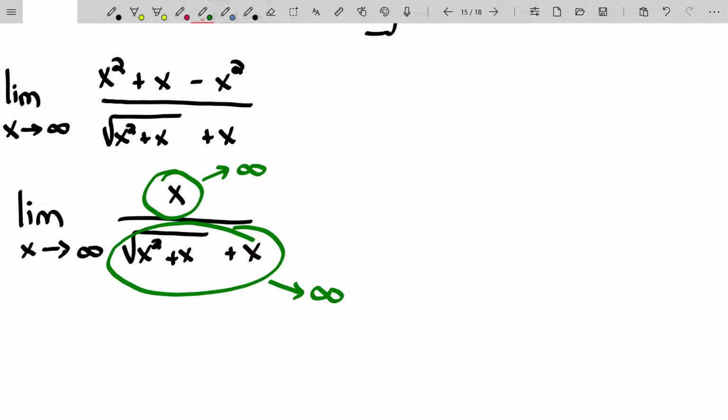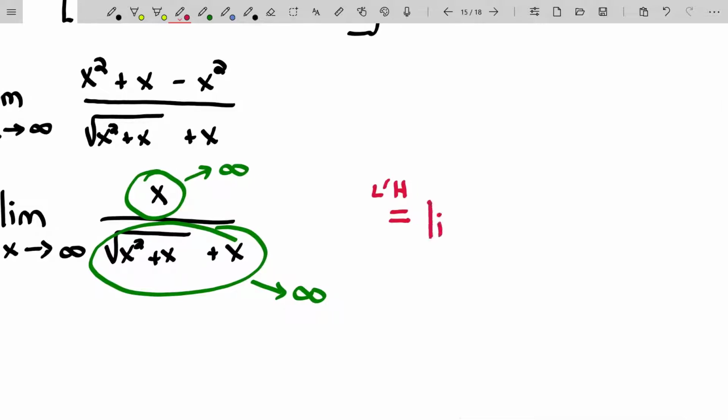All right, so I'm going to use red ink here. This equals via L'Hopital's rule, and I'm not using red because you can't do this. I'm using red because you shouldn't do this, and you'll see why. The limit as x goes to infinity. Let's take the derivative of the numerator, 1. Oh, that's beautiful. The derivative of the denominator is 1 over 2 root x squared plus x